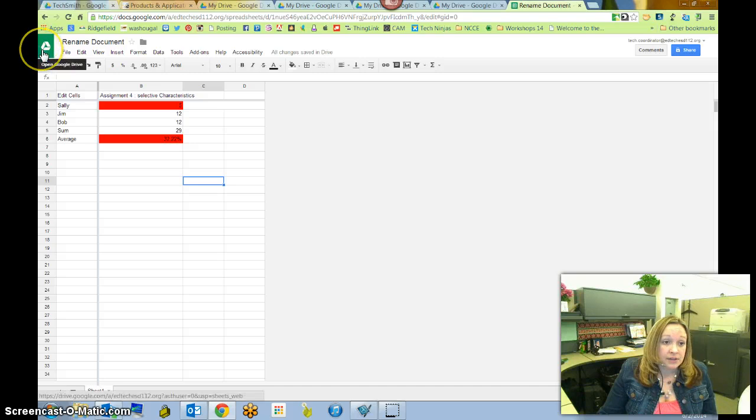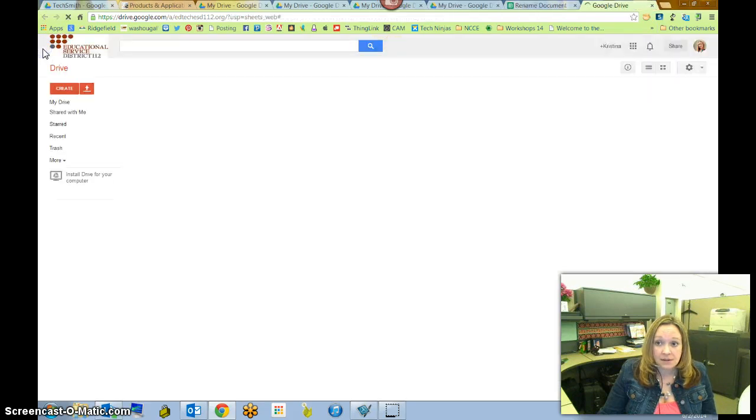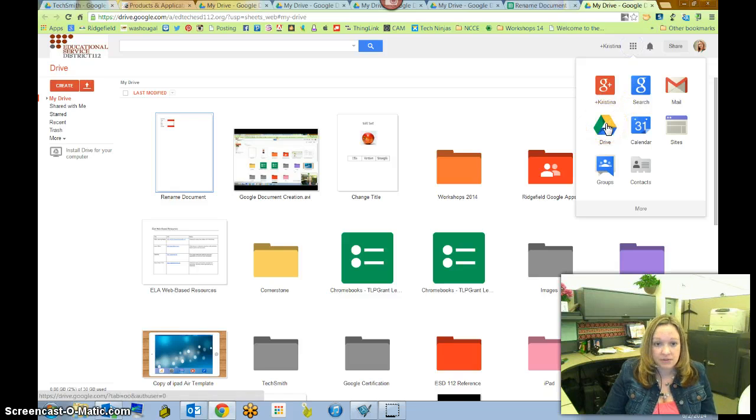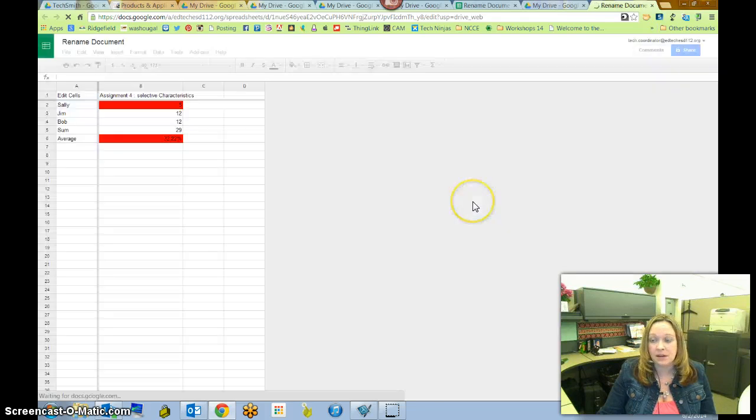This icon over here is going to take me back to my drive. At any time that I want to get back to this document, I'm going to use my Rubik's Cube. I'm going to select my drive. You can see that we're already in the drive, and I have named it Rename Document, and it will pull up